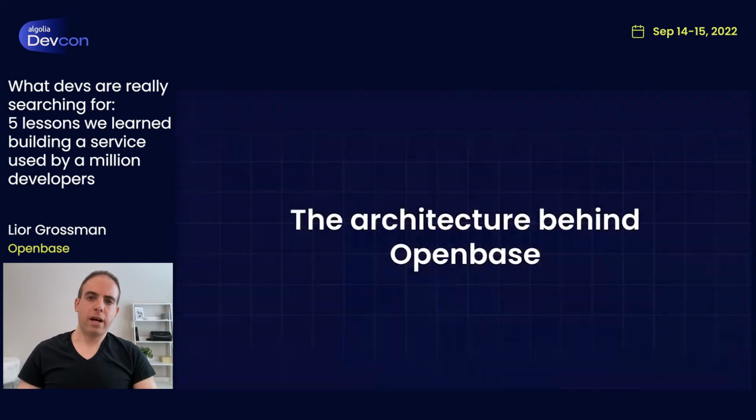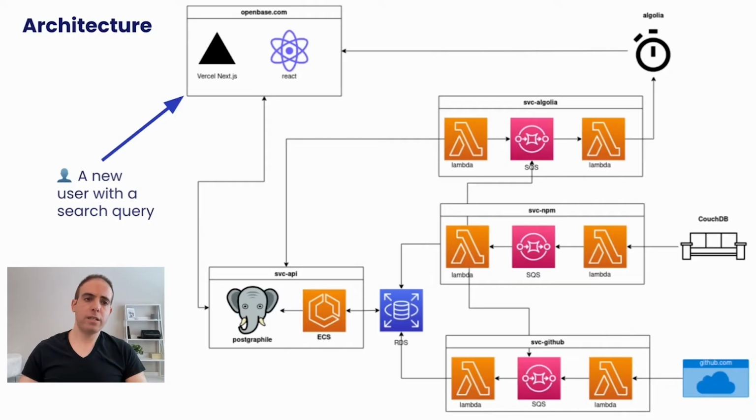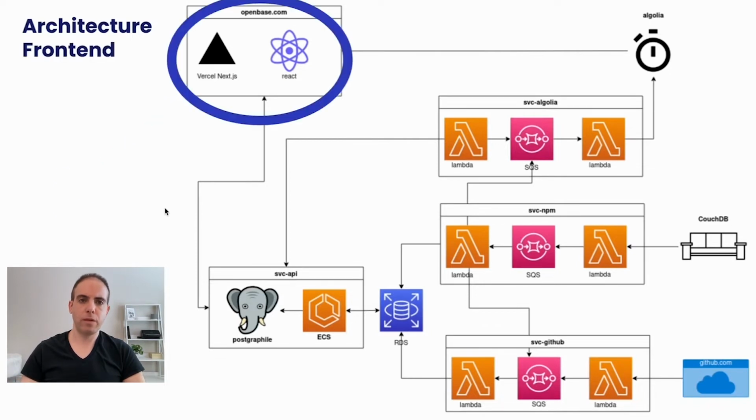And I want to show you a bit of the architecture behind Openbase and how we build this. So essentially, let's say I'm a user and I'm having this search query. I'm going to openbase.com and typing a search query. This page is being served by our Next.js app that is running on Vercel. And obviously, being a Next.js app, our front end is built using React. Now, every time you type a query,